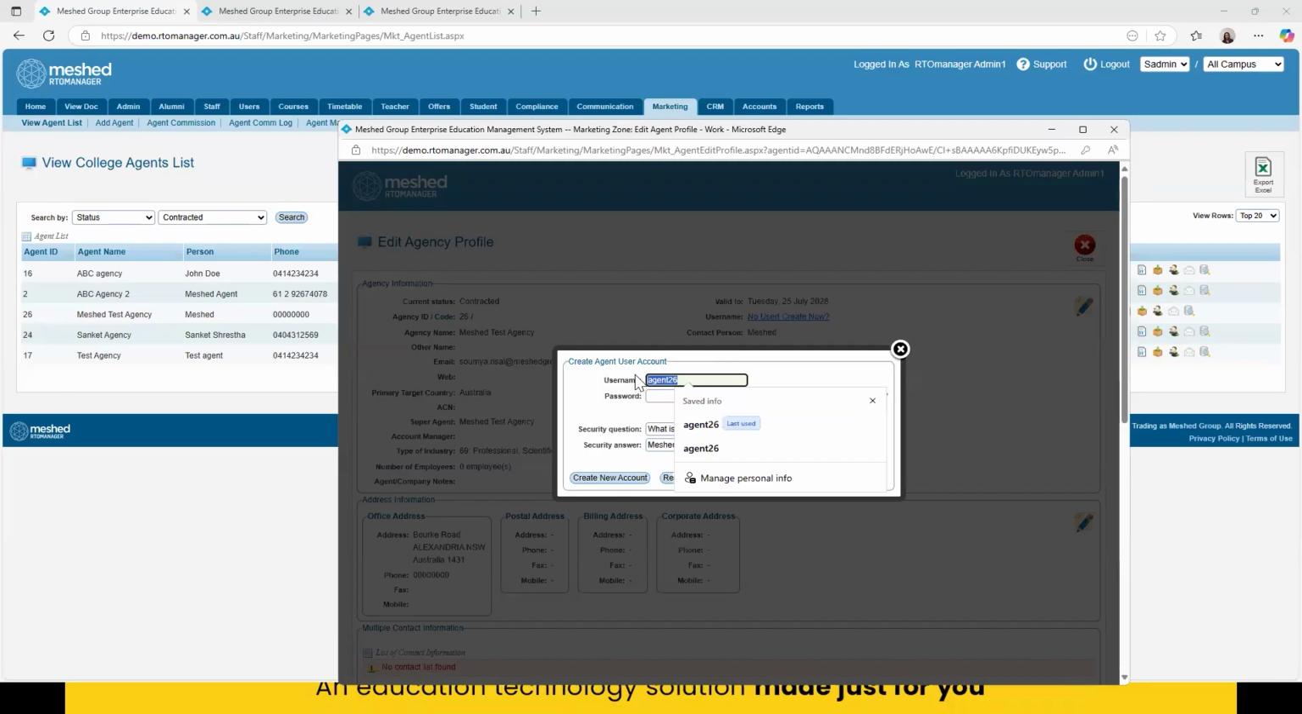But this is just a preference. You can remove this and you can have your own agent username created as well. For now, I'll just